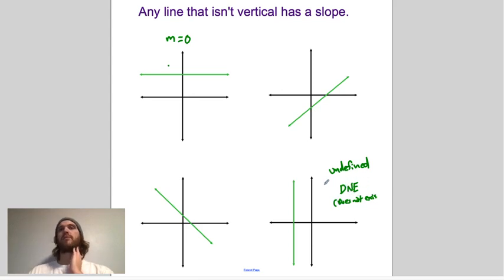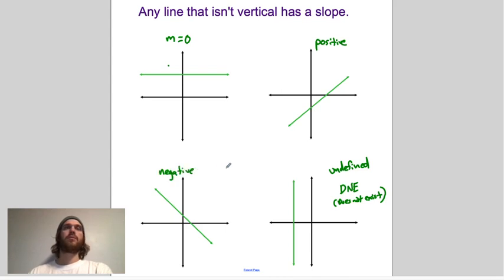Okay, so that's only if you're answering My Open Math. It is correct mathematically. This is also correct, but this is how My Open Math accepts its responses. As you go from left to right on this graph, we are going uphill. So any slope that goes uphill as you go from left to right is a positive slope, and any slope that goes downhill as you go from left to right, just like you read a book,